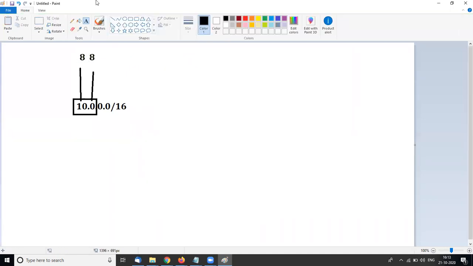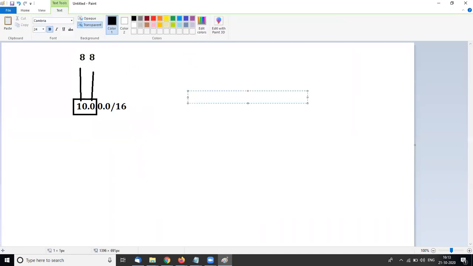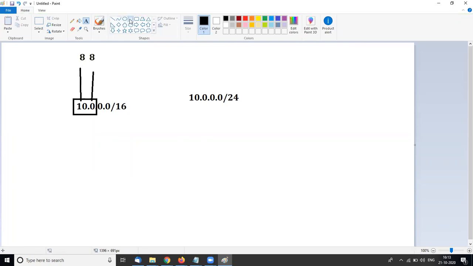If any IP has 10.0.0.0/24, that means the first three parts are blocked. IPv4 is 32 bits, which is why 8 and again 8 and again 8, total equal to 24.